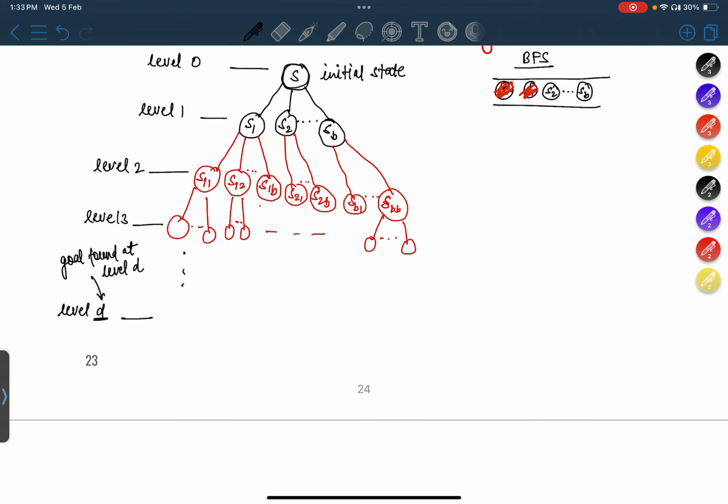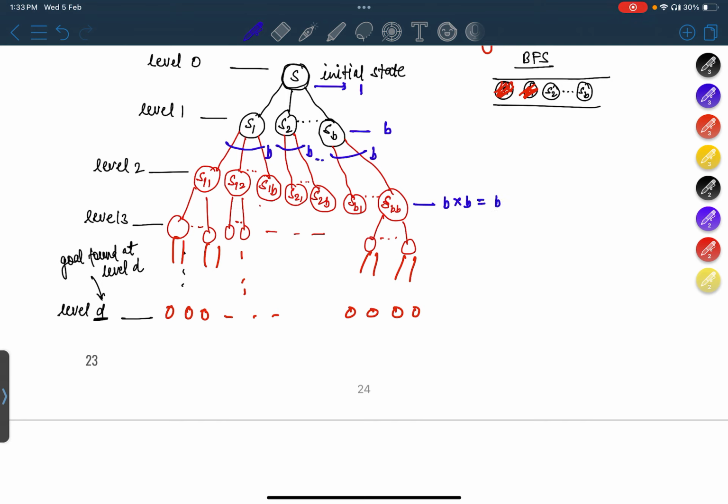अगर डी लेवल पे जाके गोल मिला दैट मीन्स कि उस तक कितने नोड्स जनरेट हो चुके होंगे, वो टोटल नंबर ऑफ नोड्स होंगे, राइट? बिकॉज तब तक तो दिस एल्गोरिथम विल कीप जनरेटिंग दिस सीक्वेंस ऑफ नोड्स, राइट? तो what are these, what's the number of these nodes? So let's try to get an estimation of that. तो यहाँ पे कितने नोड्स है? ओनली वन. यहाँ पे कितने नोड्स है? बी. यहाँ पे कितने होंगे? क्योंकि ये बी नोड्स है, ये अगेन बी नोड्स है, एंड टोटल से ये भी बी, तो बी टाइम्स बी